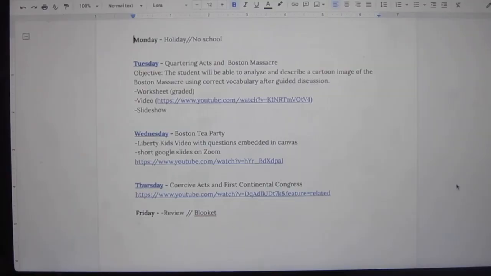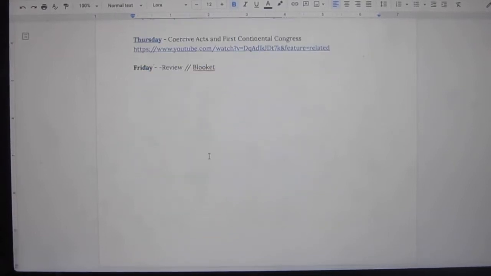But this is how I've been organizing them. Instead of submitting an entire lesson plan for each day and each subject, I've just been creating this. So right now this is just history because that's all I'm teaching. However, when I start teaching science too, this page will be history and then the next page will be science or whatever